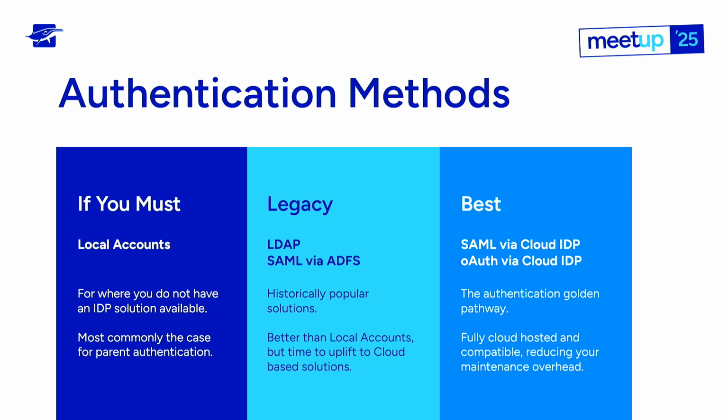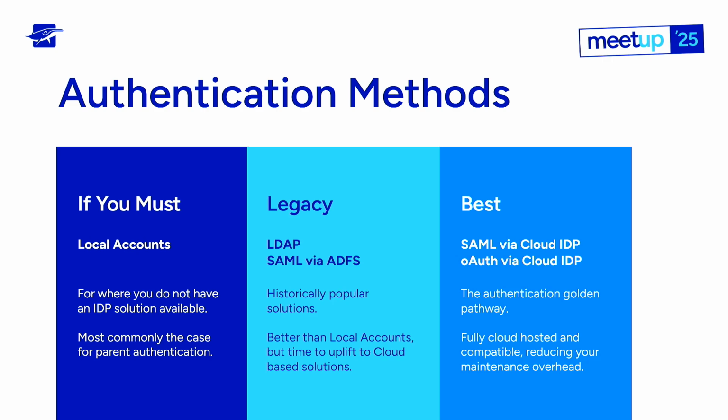Another more legacy method we see happening a lot is SAML, which is a modern protocol, but authenticating against an on-premise Active Directory Federation service server. So that means whilst you're using SAML, which is a cloud-suitable authentication method, you're still authenticating against a self-hosted on-premise server. And that's, again, something that you'd be wanting to look at moving away from to take advantage of cloud solutions like Entra ID, Google Workspace, PIPS, CloudWork, Okta, or other solutions like that.